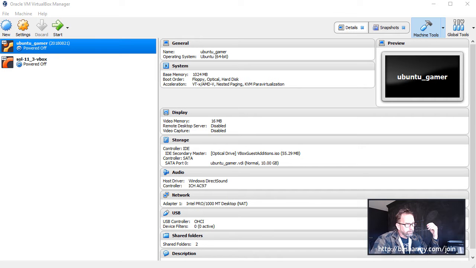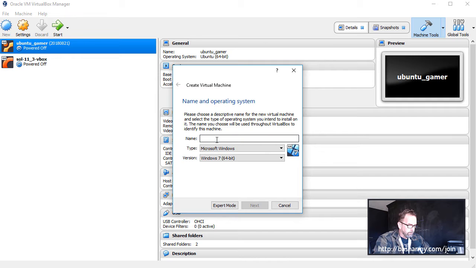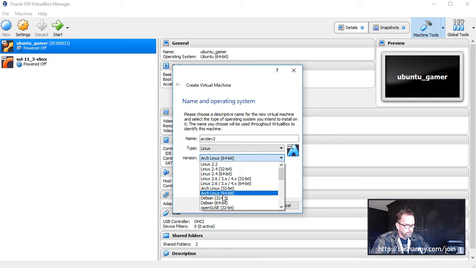Okay, so hopefully you've got VirtualBox installed. You've downloaded the ISO file for the Ubuntu Desktop or some other Linux image, and let's go ahead and do the install here. So we're going to say new, and we're going to just call this arcdev2 for Arc Shell Development 2. It's going to be Linux. It's not Arch Linux. We're going to go with Ubuntu